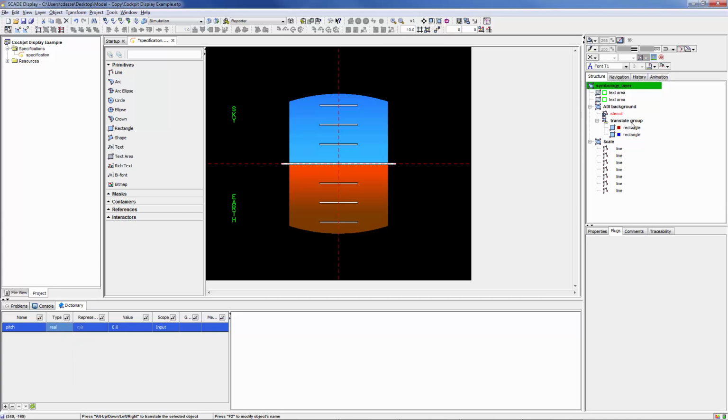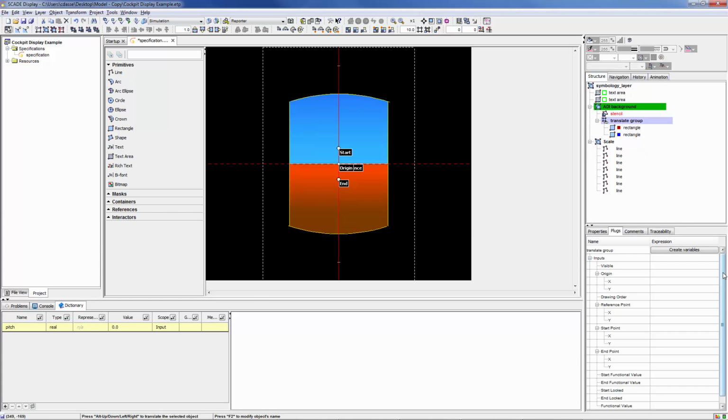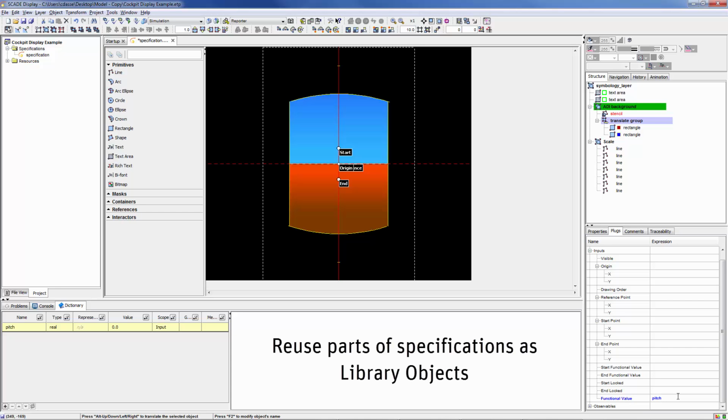We will now connect the pitch variable to the value property of the Translate group in the Plugs tab. Once the variable name is entered into the text field, the text turns blue to highlight the plugged attribute or property. SCADE Display also offers the capability to reuse parts of specifications as library objects, stored in a reference object